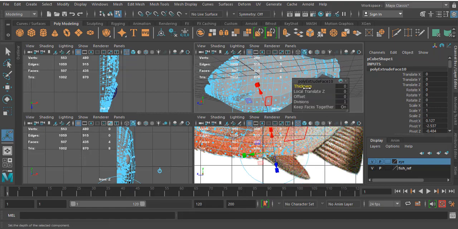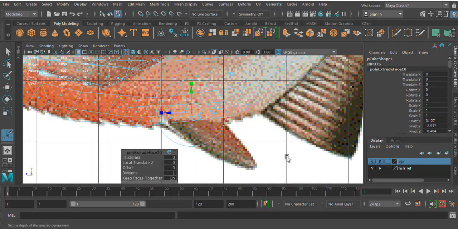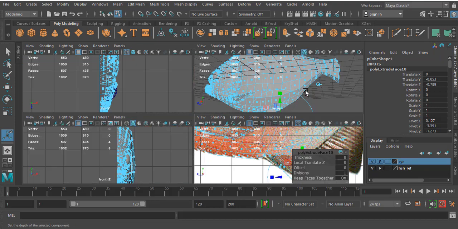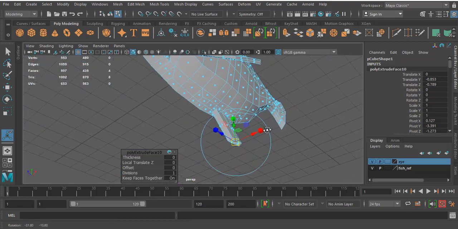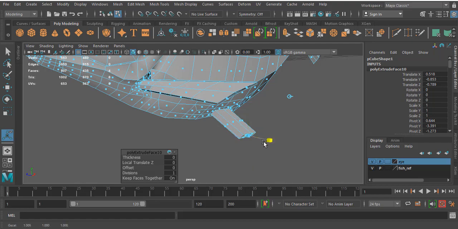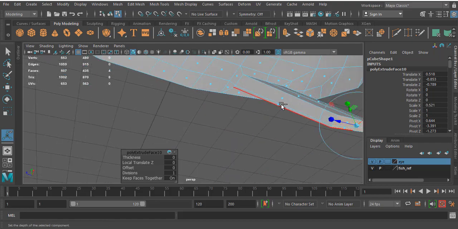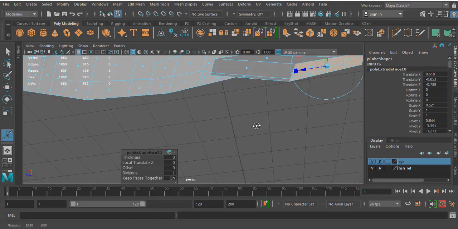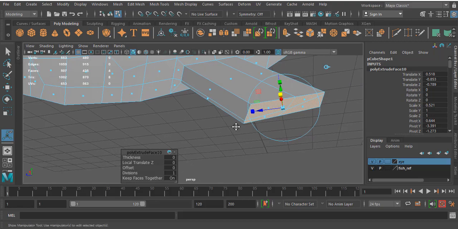Just go to the global axis, meet outside. I'm creating this one because these fins will be two for every fish. If you observe this, you can find that, you know.